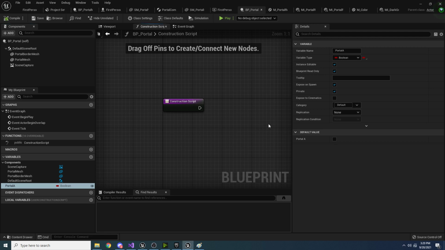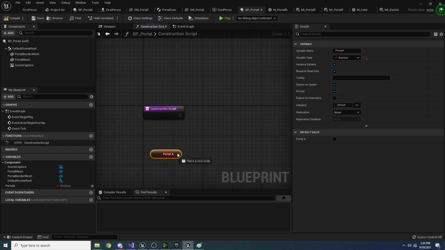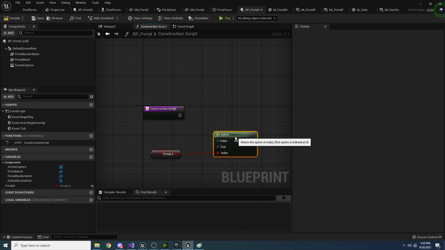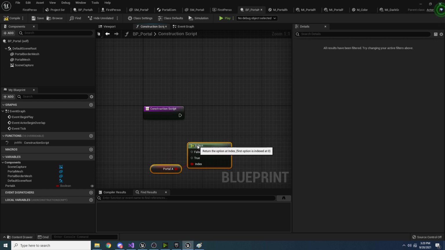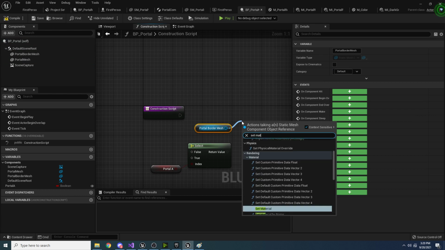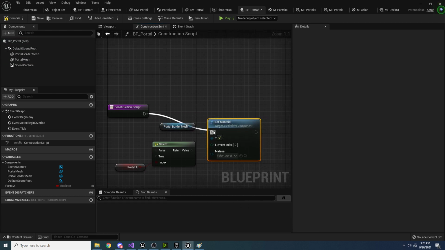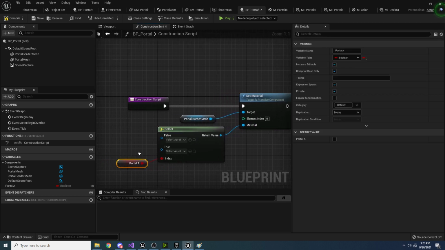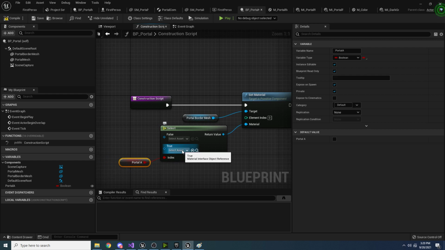And then we want to change how the portal looks and which materials it uses based on if it's portal A or portal B. So let's drag in portal A, Boolean, and we want to do a select here because we're going to change the material for the border. I keep saying border. We're going to change the material for the border based on whether it's A or B. So for the border mesh, let's drag that in and say set material. And we can hook this up to here, and then we can very easily select from our dropdowns. So if it's portal A, we want to select,